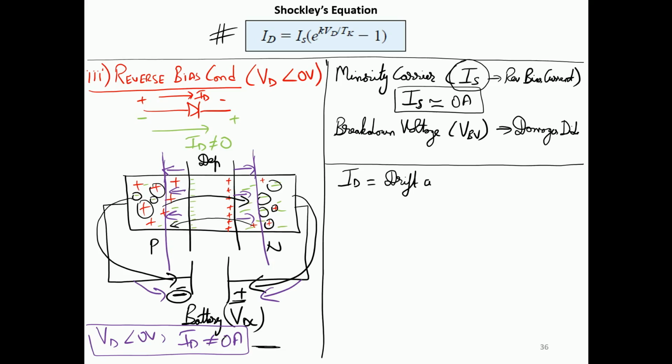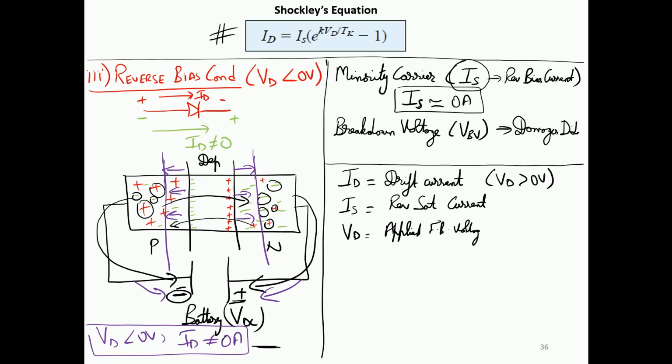This is your drift current that happens when we have Vd greater than 0 volts, or there is a forward bias conduction. Then it is equal to Is, which is the reverse saturation current, which is of a very small value. Then you have Vd, which is your applied forward bias voltage. I'm going to write FB for this voltage. Then you have the value of V of t. This is a constant value called thermal voltage,